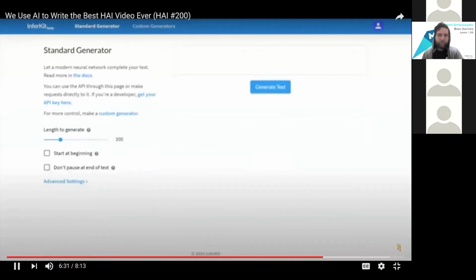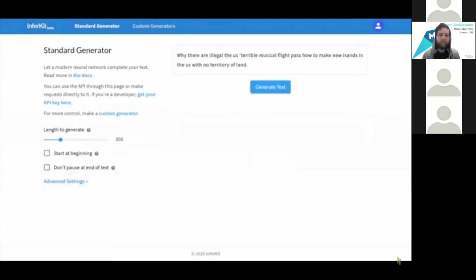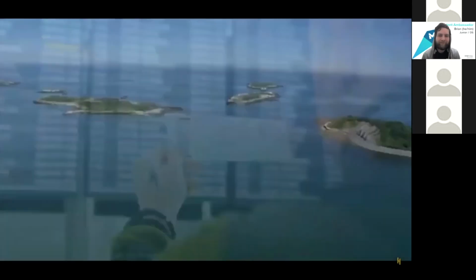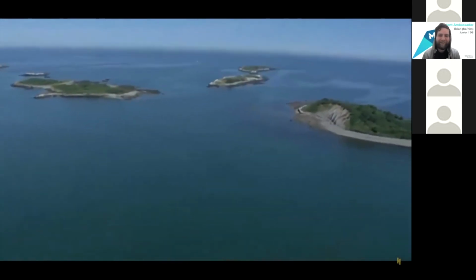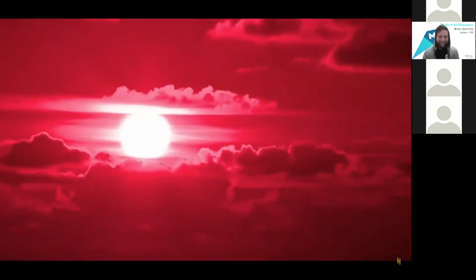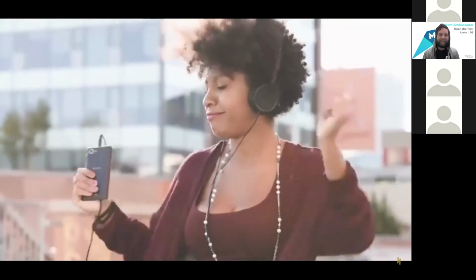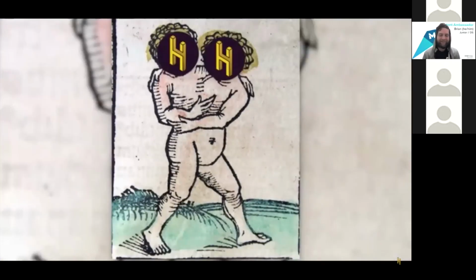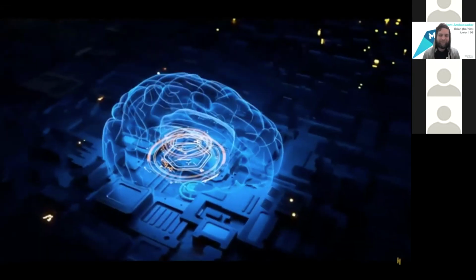So we handed that sentence to a different algorithm and asked it to write a paragraph, and here's the brilliant content it produced. Why there are illegal the US's musical terrible flight pass, how to make new islands in the US with no territory of land called Rory, so keep the sun strong and pink, green, and red. So I'm told, because I'm sure I didn't get all that from a song that isn't on the agenda. Weird, but weird. I'm lucky I have a twin sister.